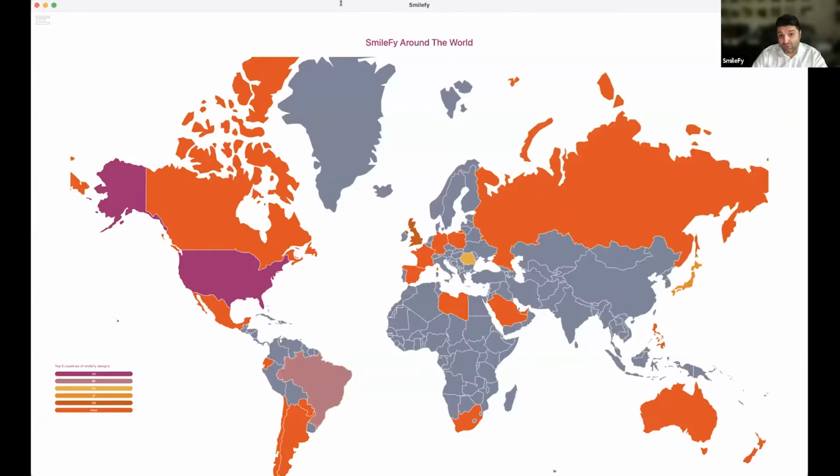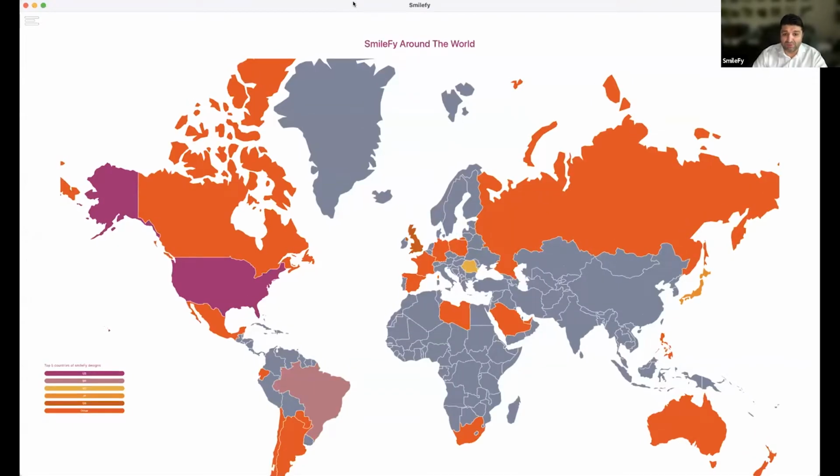As you know, the first page of Smilefy shows you the real-time smile designs in the world. That's a beautiful thing, because we see everywhere where the countries have a color, people right now design smiles.